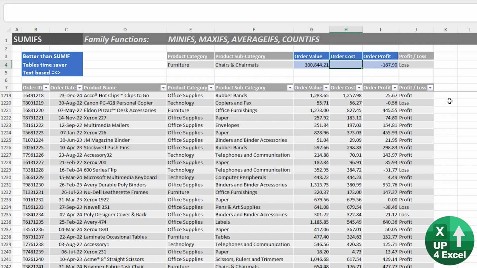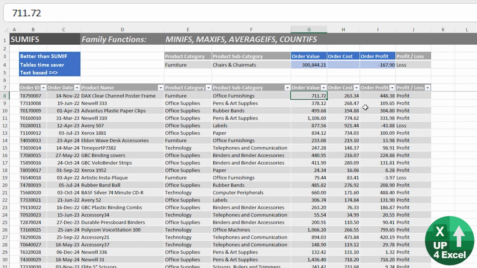And the other thing people don't necessarily realize you can do with the SUMIFS function, and of course I should say all of this applies to these family functions as well, the MINIFS, MAXIFS, etc. All of them you can put in text-based criteria. So if you want to know what's the total order costs that have been greater than 1,000, for example, I can put in